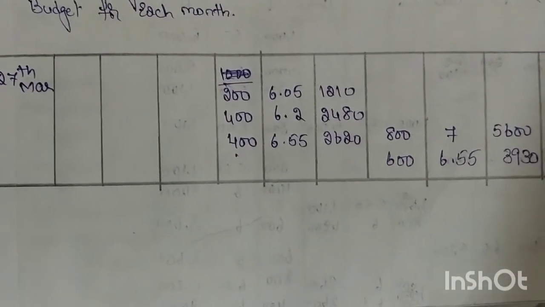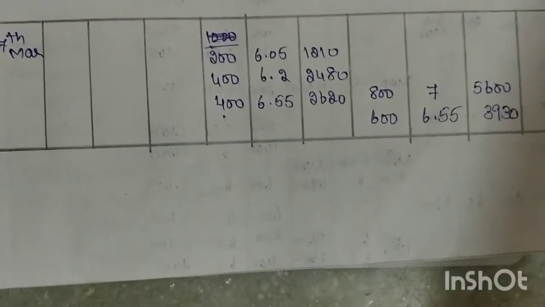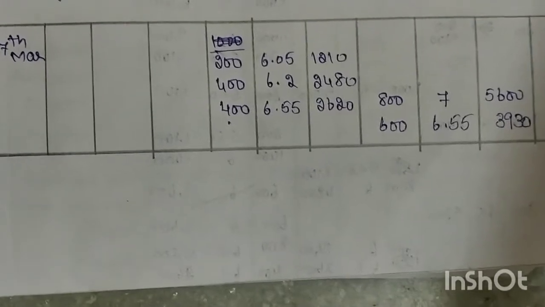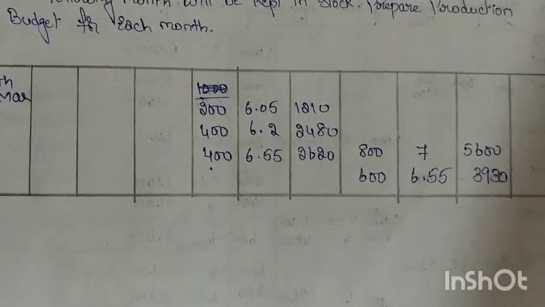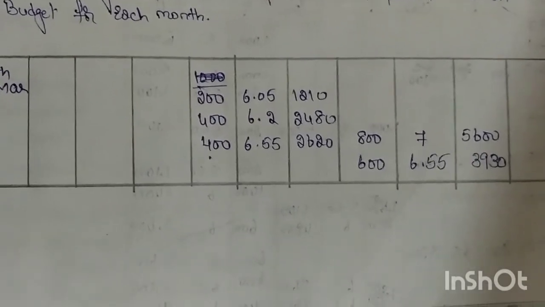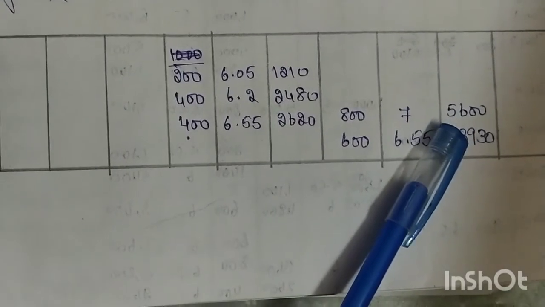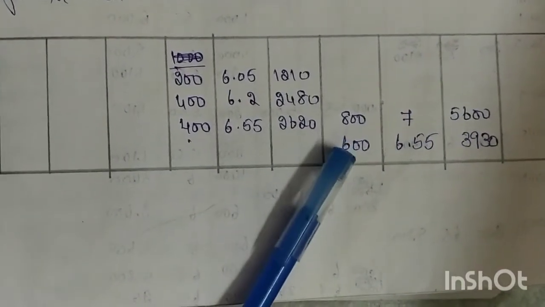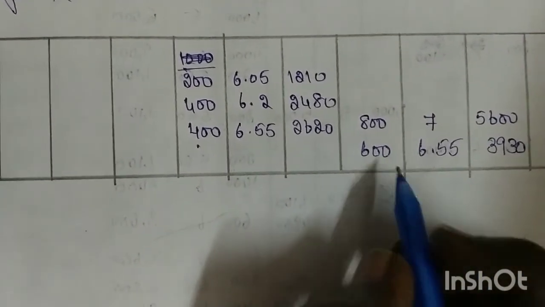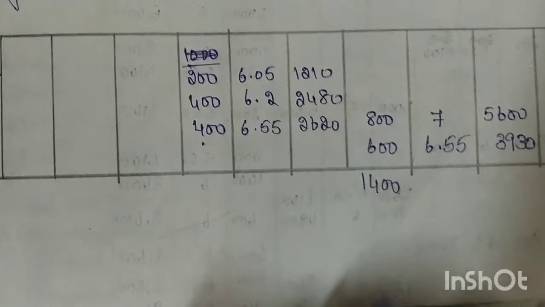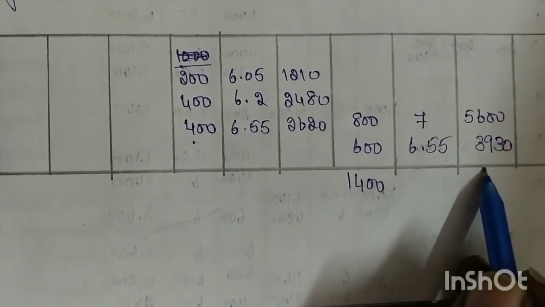Means whatever the materials last we will be having, that should be issued first. And they are asking you to find the value of ending inventory and the value of cost of goods sold. So ending inventory value is we have to go for adding these ending inventory. So these two things should be added. 1400 units is the balance which we have pending. So 800 plus 600 units is pending, and the amount is we have to add these two things.